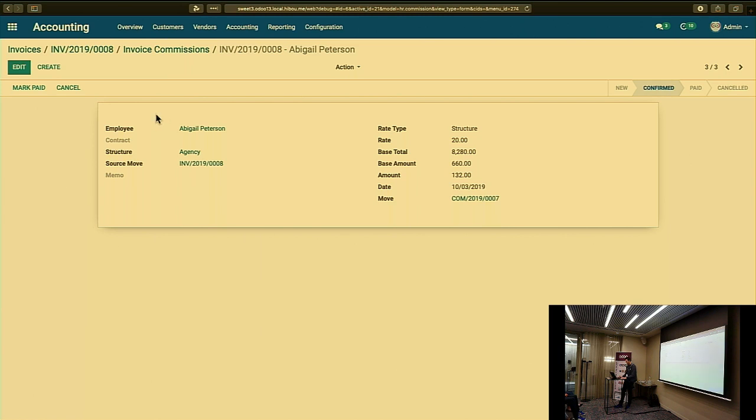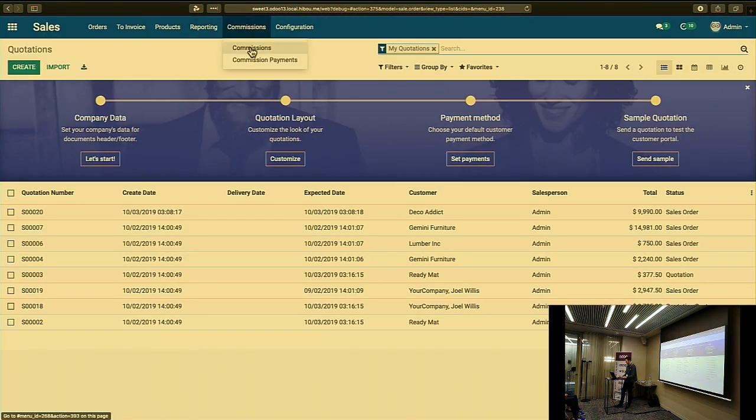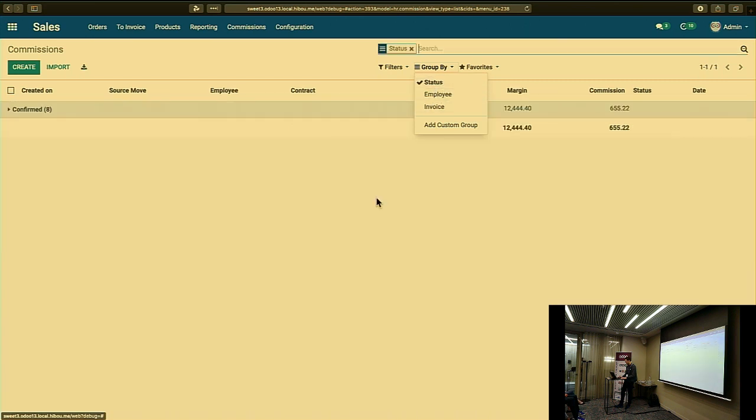All right, so with all of those done, let's talk about the next phase. So in sales, we have the ability for a salesperson to look at the commissions through this top-level object. This is a reporting overview for the salesperson. In fact, they'll only be able to see their commissions. As an admin, I can see all the commissions, and as a payer or whatever, I would be able to see all the commissions. But this can generally be thought of as a dashboard-like thing for the employee, because they can just filter for their confirmed but not paid ones yet, and see what they're expecting to receive in the future, because it is really supposed to be a